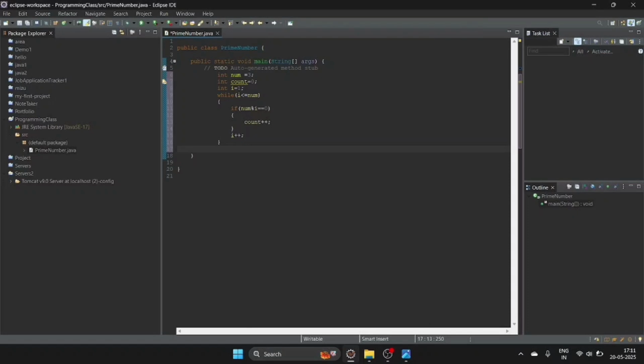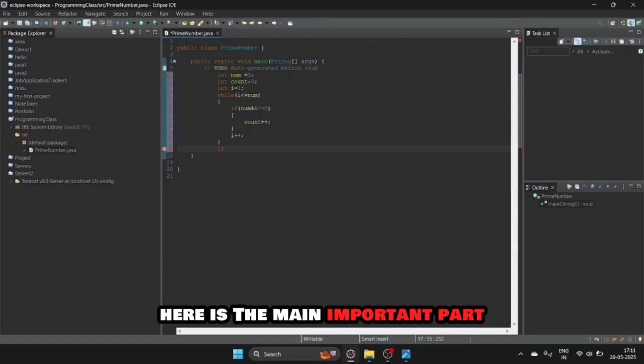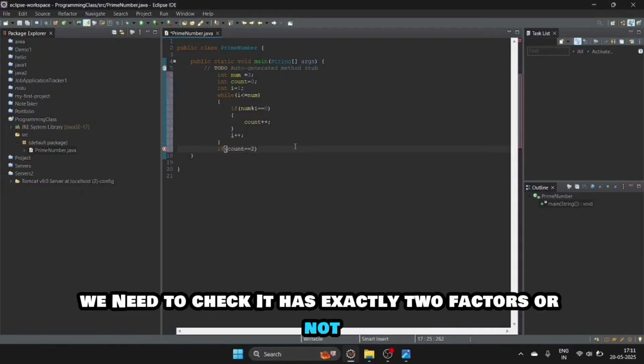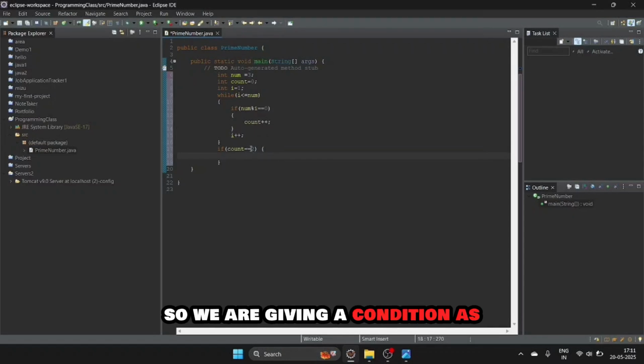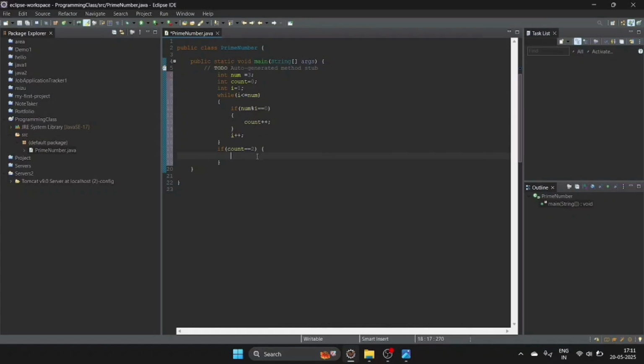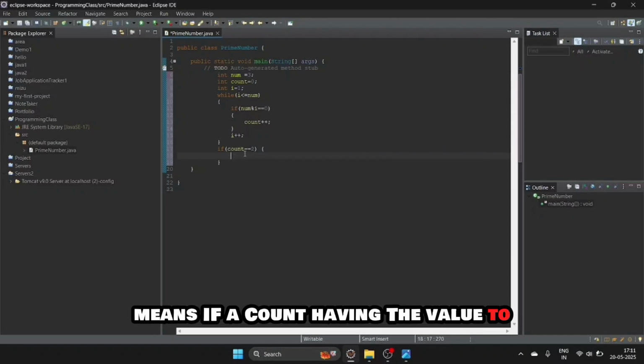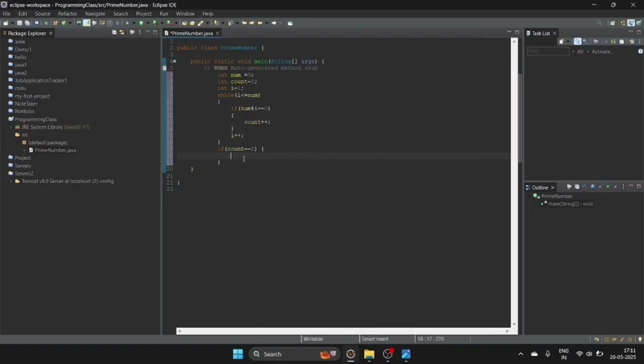And we need to check if it is prime or not. Here is the main important part. We are checking here count equal to 2. We need to check whether it has exactly 2 factors or not. So we are giving a condition as if count equal to 2. If count has the value exactly 2, then we can say that the number is prime. So we are printing it out,